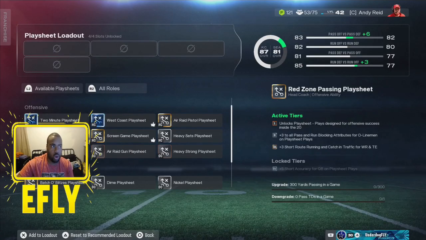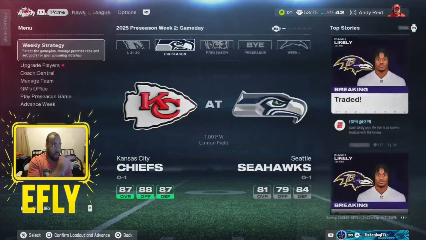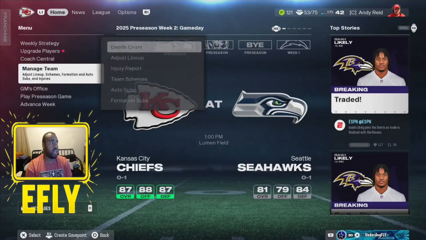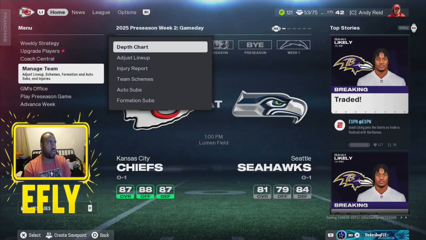So you can't just put all these play sheets in here and then get all these upgrades to players just by using a different play. You've got to be in the play sheet to get these upgrades on the player. So look, if I do this, and this. You see the short and medium accuracy on the quarterback, right? If I back out and go, not the depth chart, if I go to, you know,